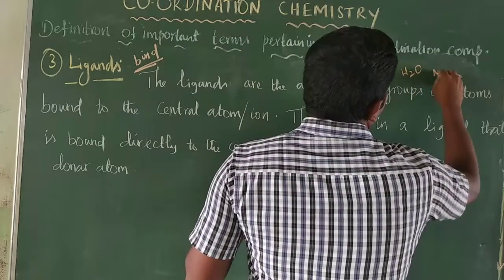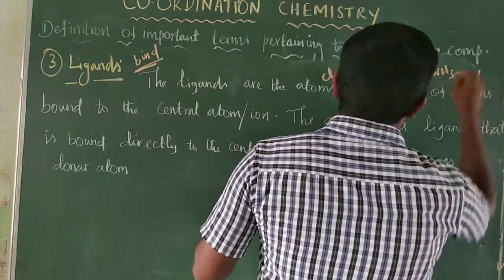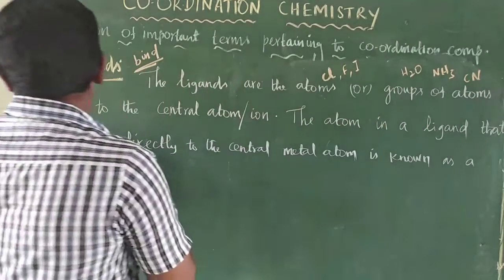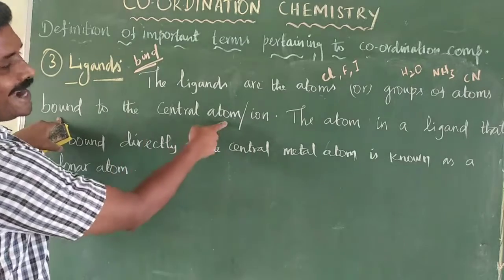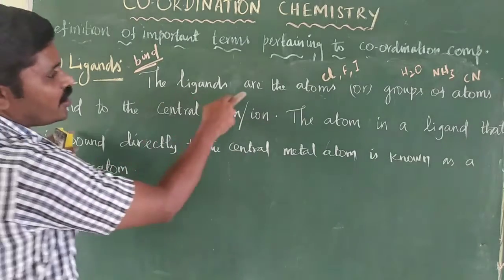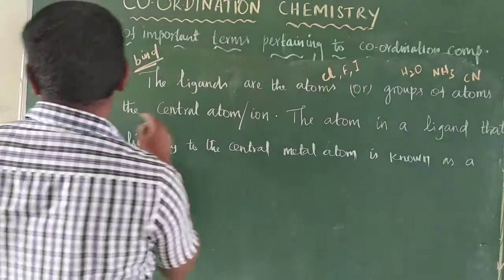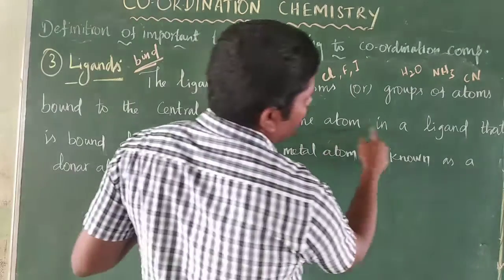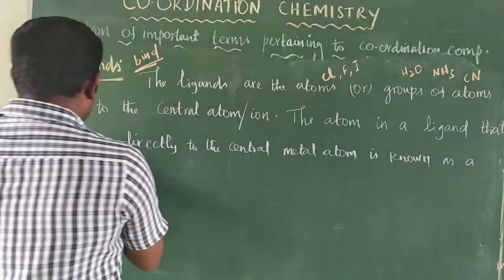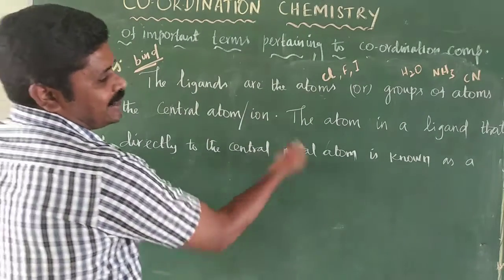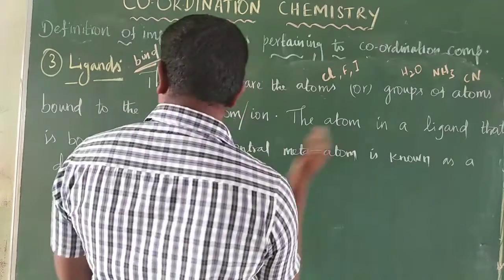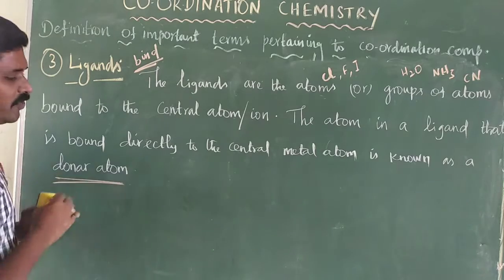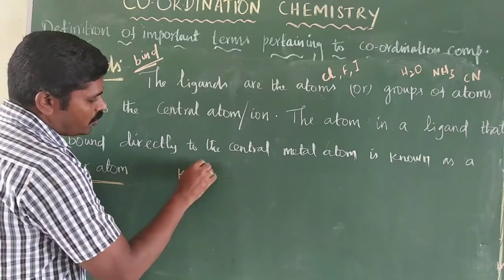H2O, NH3, Cl. Okay, the ligands are the atoms or groups of atoms bound to the central atom or ions. The atom in a ligand that is bound directly to the central metal atom is known as the donor atom. Okay, so donor atom. For example, K4